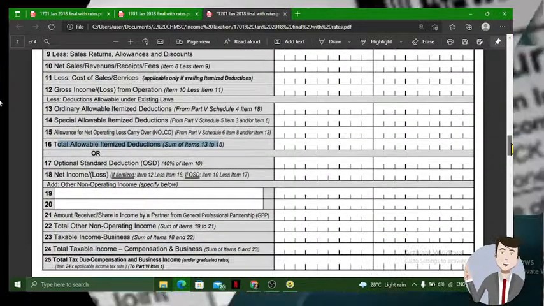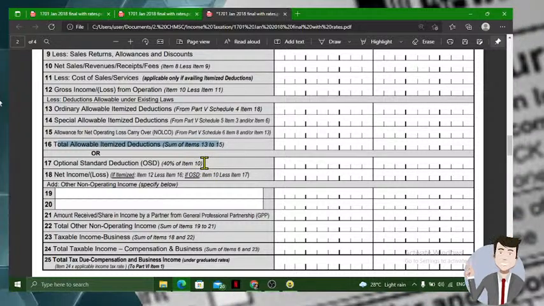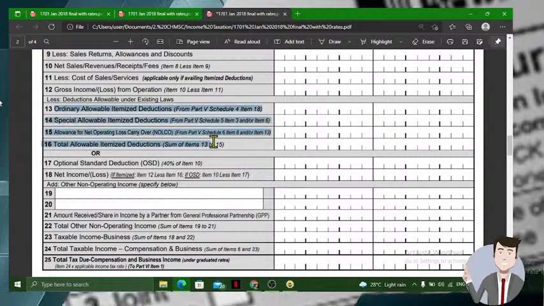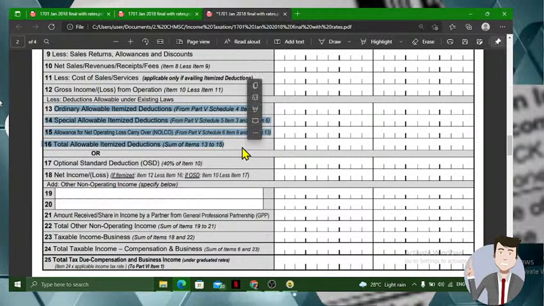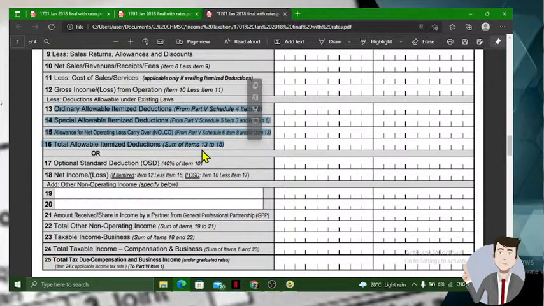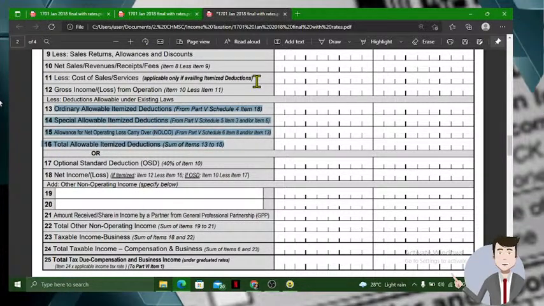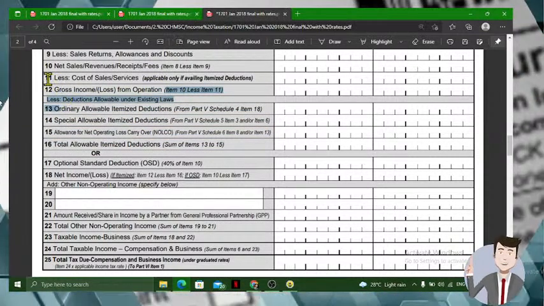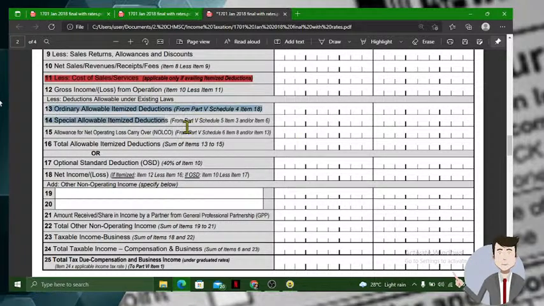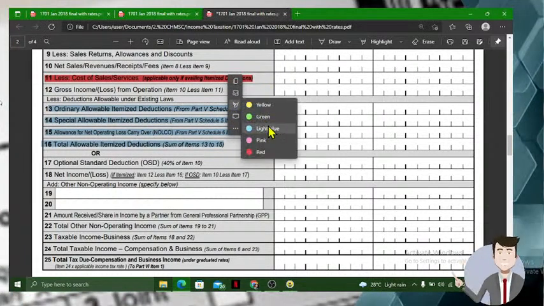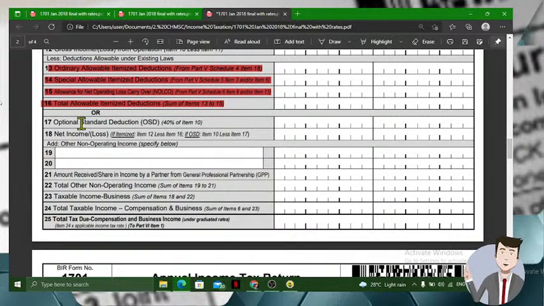Take note, if you are availing optional standard deduction, you are not required to fill up this information. Naturally, because you have chosen OSD. So you no longer need to fill up what I highlighted. Okay? Even this number 11, this is just for OSD. Okay, number 11 is for the purpose of OSD. Okay, this is for OSD. If you are availing optional standard deduction,